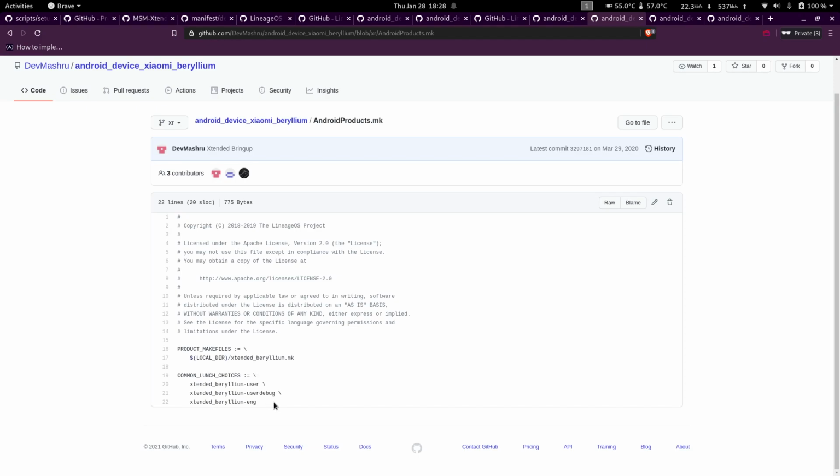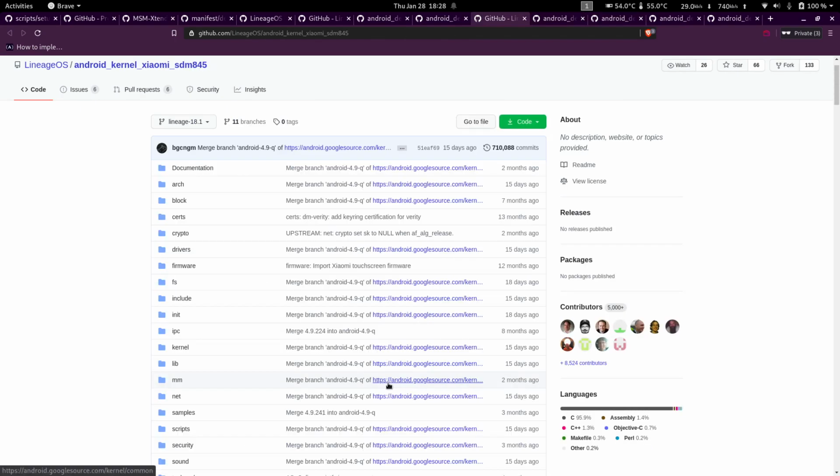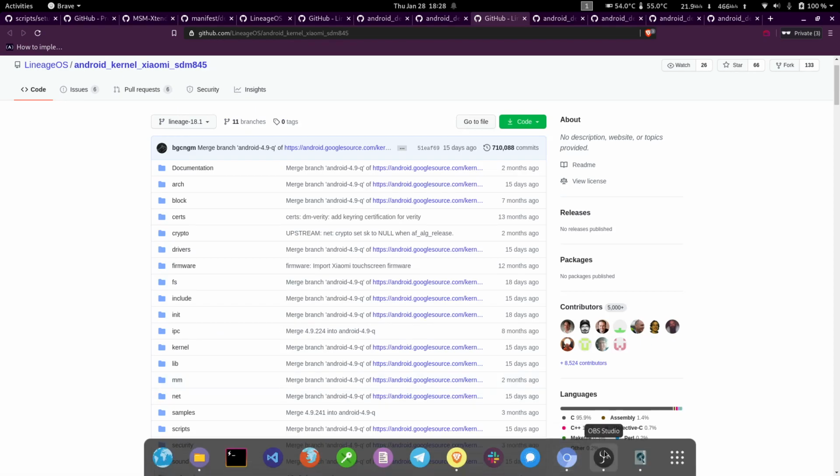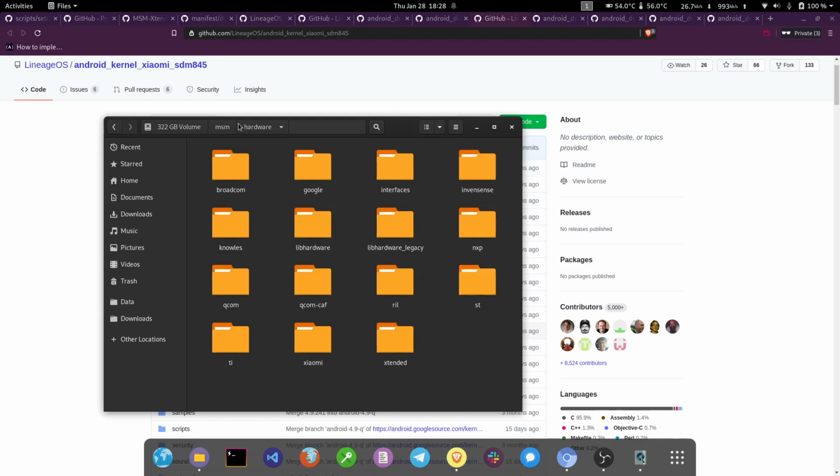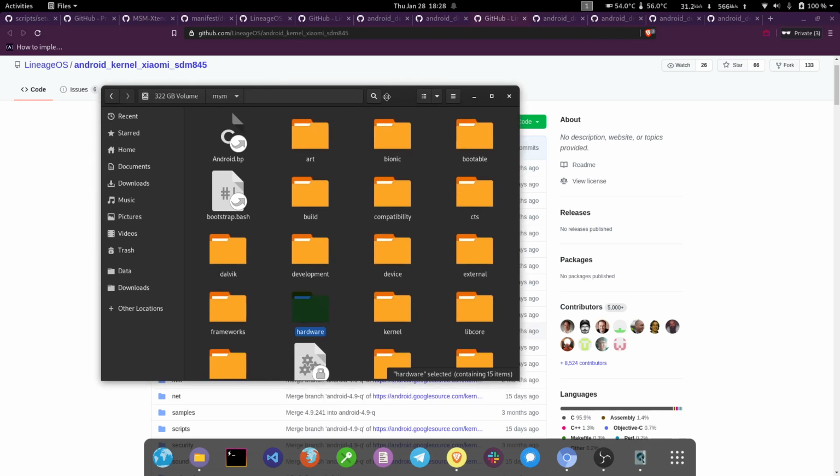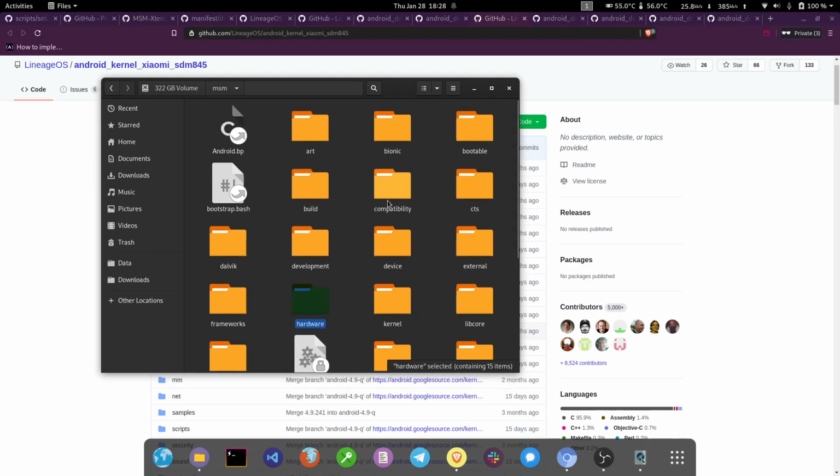Yeah, so these are the changes that you will have to make before you start compiling a ROM, in case you are using some other ROM's trees. Once you're done with that, you just start compiling. I'll let you know how you go about compiling in a while.